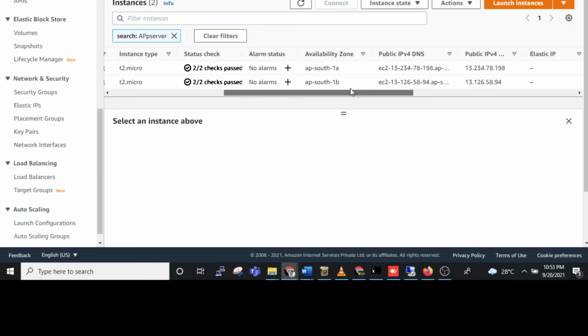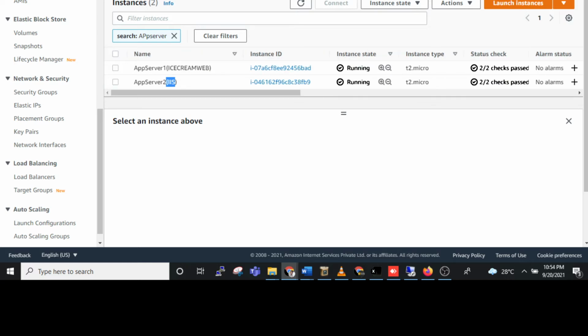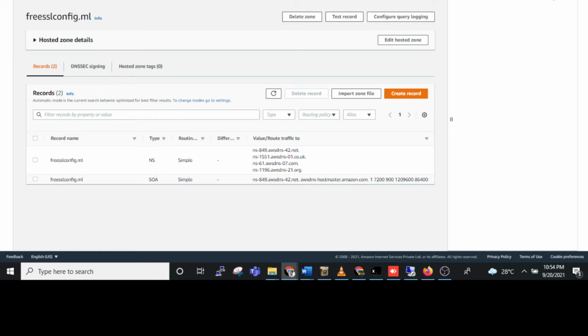These instances have the security group launch wizard 12, sorry, not 2, 12, so I am adding launch wizard 12 here.